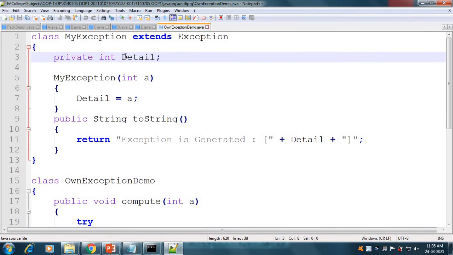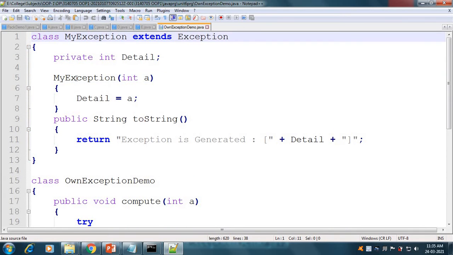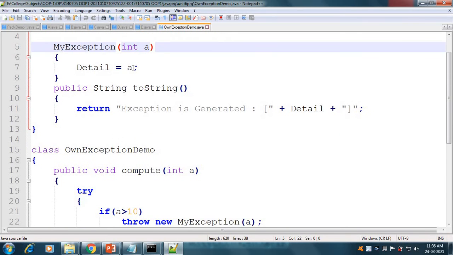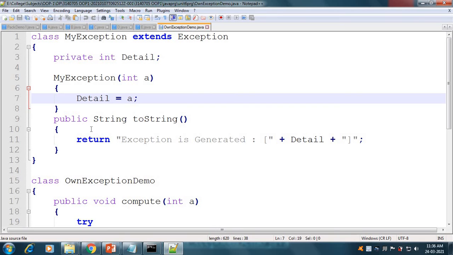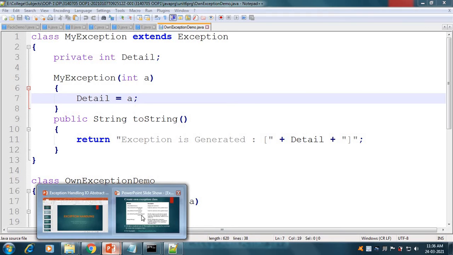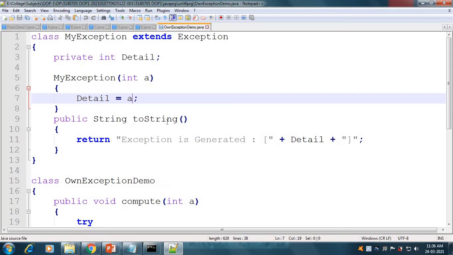In it we have defined a variable detail, a private integer detail. Then there is MyException, which is our constructor. In it we take a, and we assign that value to detail. After it we have another method, the toString method, which we have already discussed is a method of the Throwable class, and we can directly use it here.